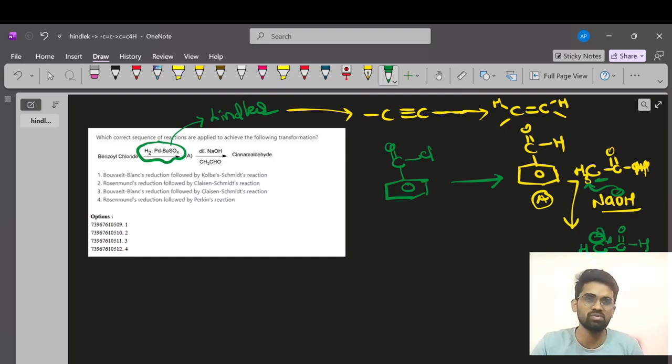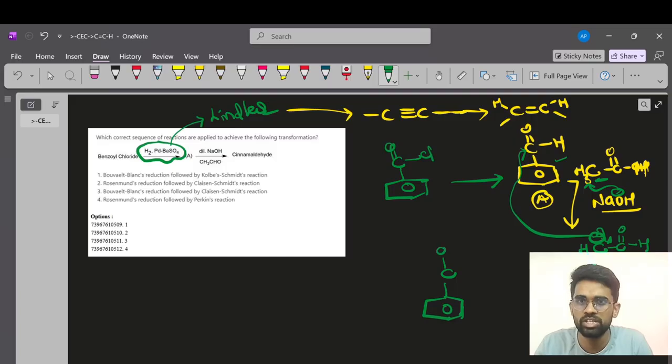Now, what is the reaction involved here? Both of them are aldehydes, but benzaldehyde has no alpha hydrogens, while acetaldehyde has alpha hydrogens. So this is nothing but a crossed aldol reaction, which we can easily consider as the Claisen-Schmidt reaction. From this, we can directly choose the option. Anyway, let me finish this. This will attack over here, and we get a beta-hydroxy carbonyl compound, with OH, H, and CH2